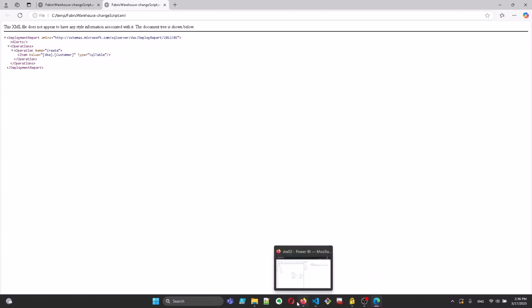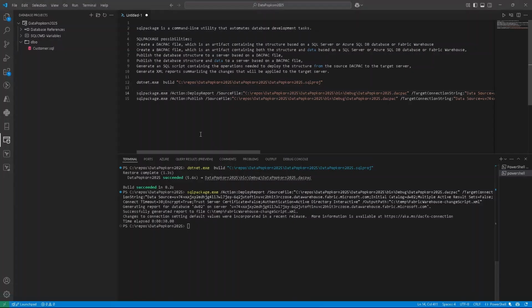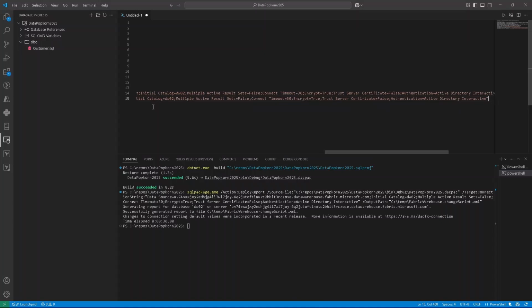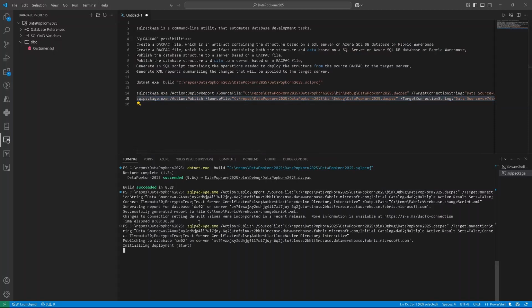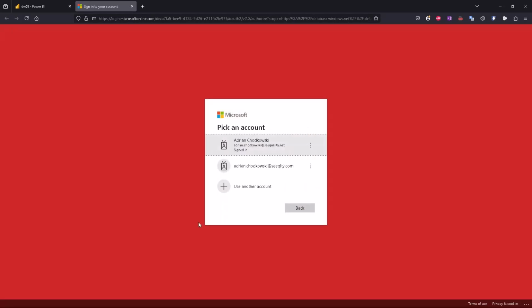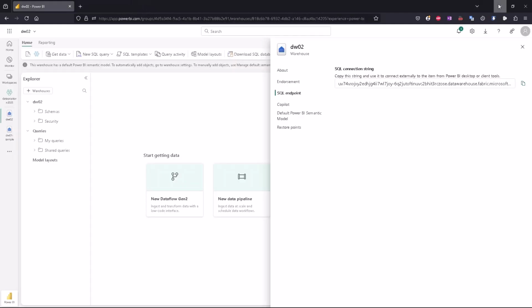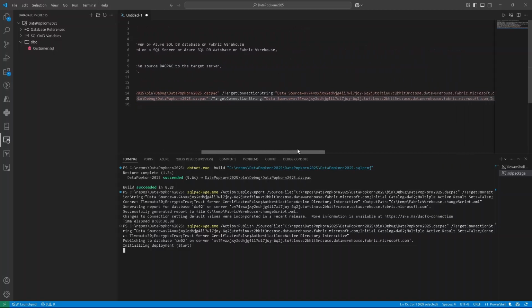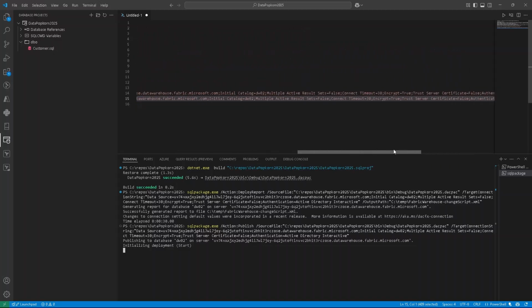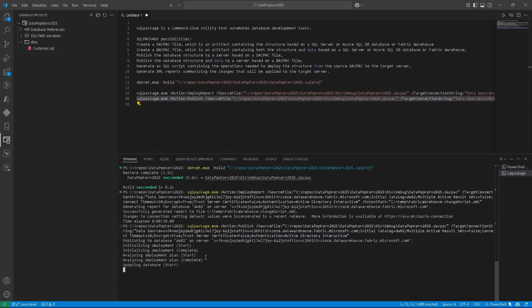So without thinking, let's take another step, which is SQLPackage.exe with the action Publish. It will take the DACPAC and push it to the target environment. I need to log in one more time. Okay, and it will perform the deployment. This action looks very similar to DeployReport because we need to provide the DACPAC and we need to provide the target connection string. It's pretty easy, and after a few seconds,